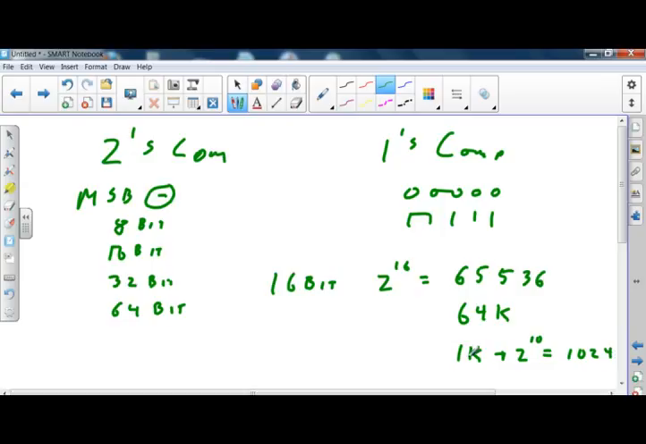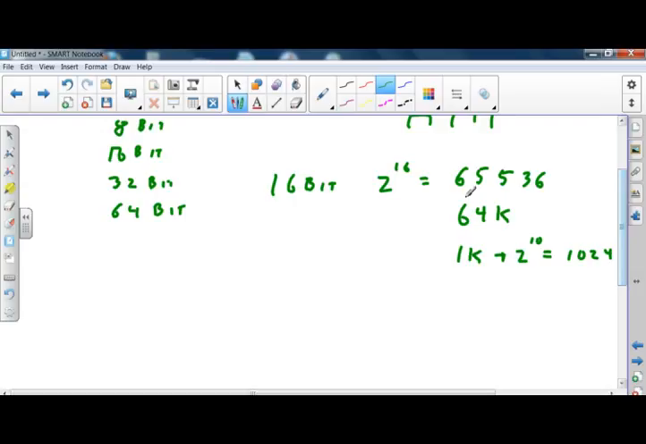But we call it 1K. But it's really 1024. Okay, so if I look at that number, 65536, in 2's complement math, I could have a 1 followed by fifteen 0s, 16-bit, and that would be minus